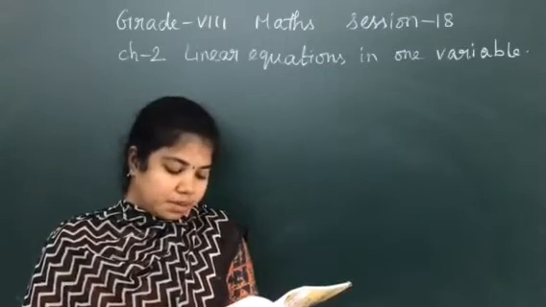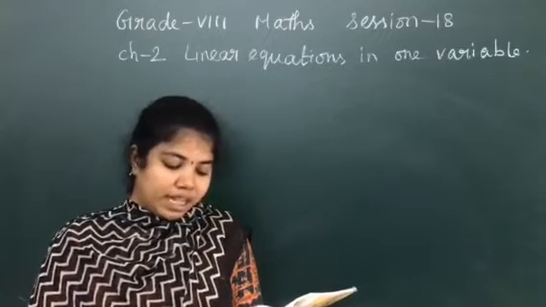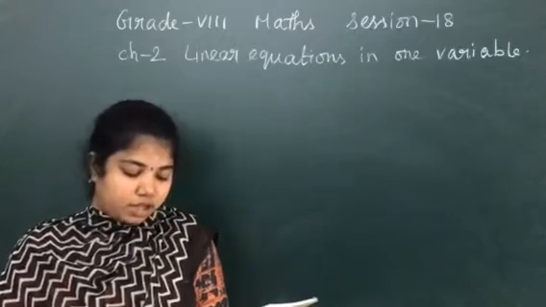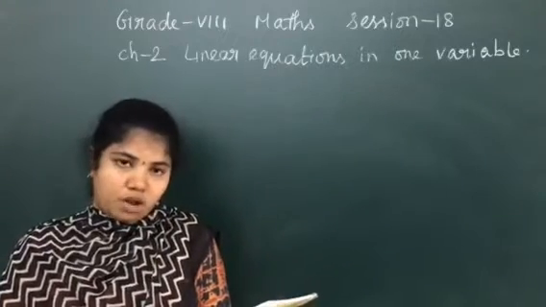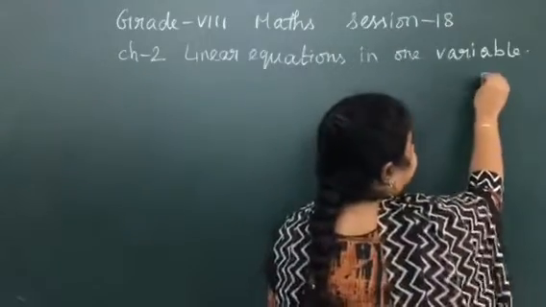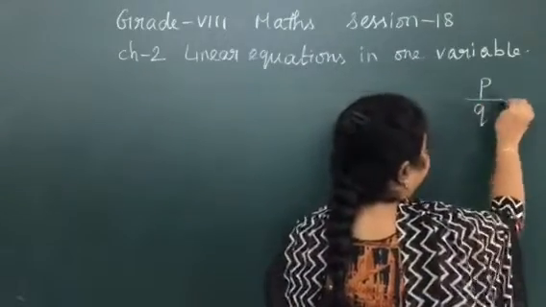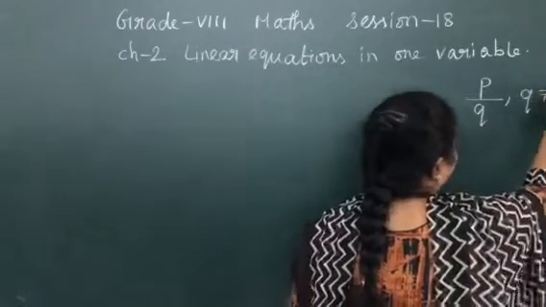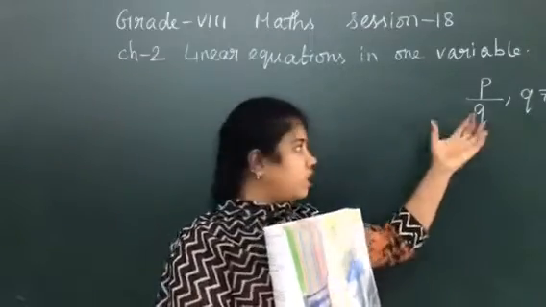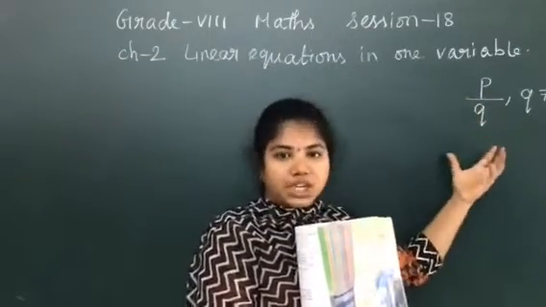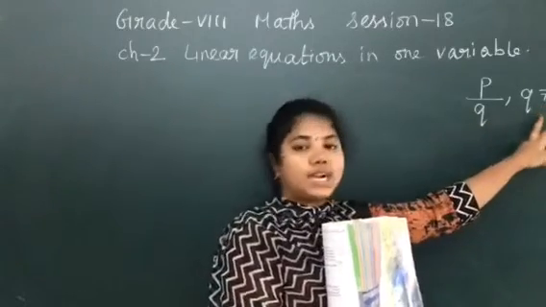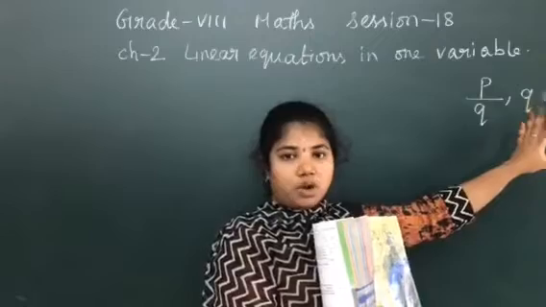A rational number is such that when you multiply it by 5/2 and add 2/3 to the product, you get -7/12. What is the number? So, what is the meaning of rational number? A rational number will be in the form p/q, where q is not equal to 0. This is a very important condition. Rational number means it will be in fraction form, and q will never be 0. Are you clear about rational number?